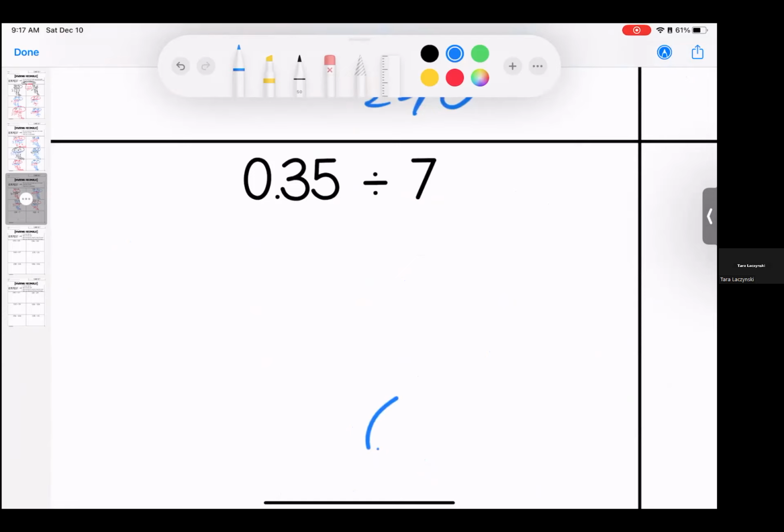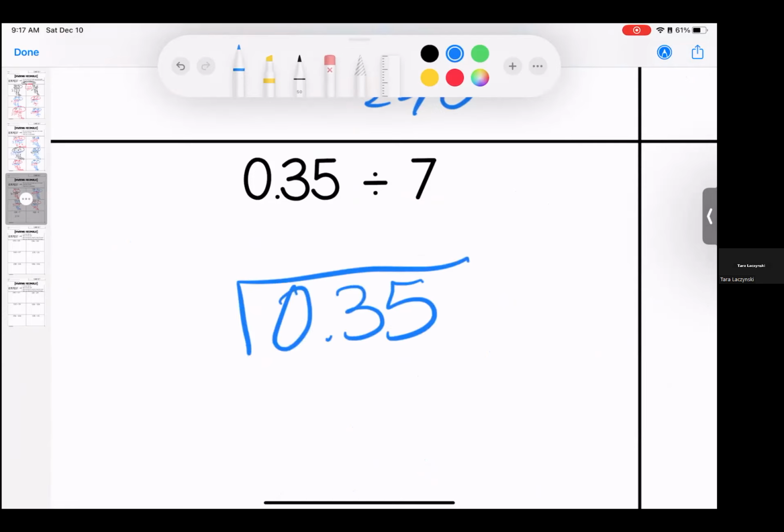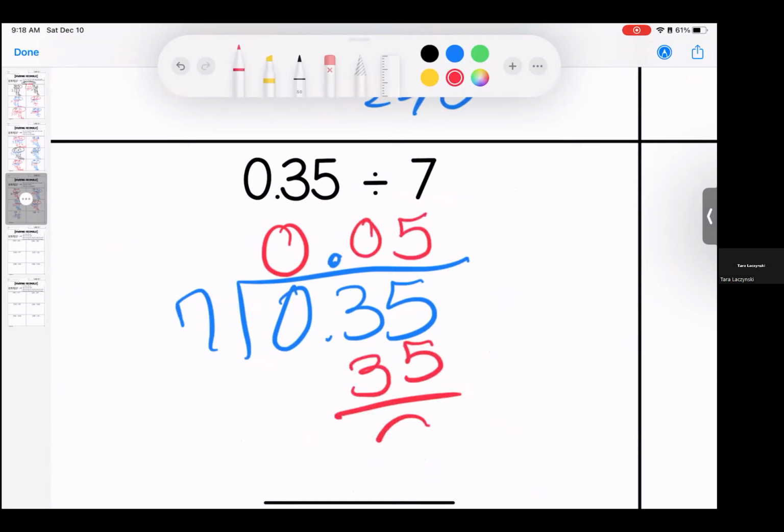All right, last row. Uh-oh, we don't want to mark it up just yet. Here we go. 35/100 goes inside the house. 7 goes outside. Decimal on top. 7 does not go into 0. It does not go into 3, but it does go into 35 5 times exactly. 5/100. Remember, 0 is our hero, and in this question especially, it is showing off its power